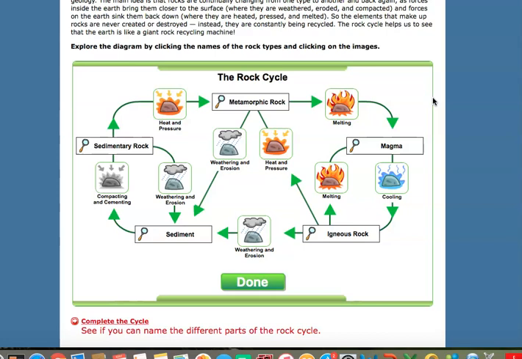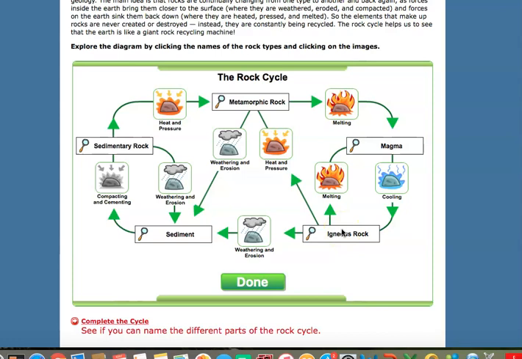The simulation is on your P-Learning page. When you have some time, I'd recommend going into the simulation, clicking on some of these icons, and also taking a quiz that's available on this website to increase your understanding of the rock cycle. I would bet that a lot of you have some background information on the rock cycle already. You may even know that we can characterize these rocks into three main categories, such as sedimentary, metamorphic, and igneous